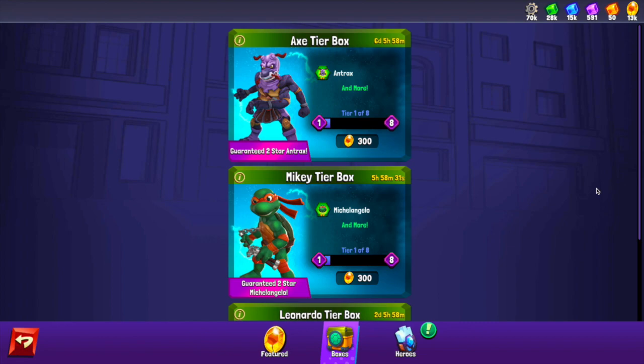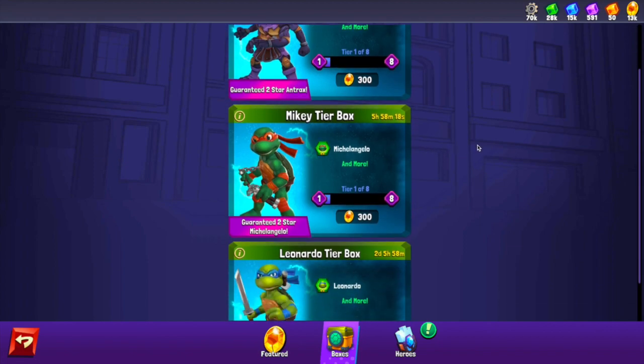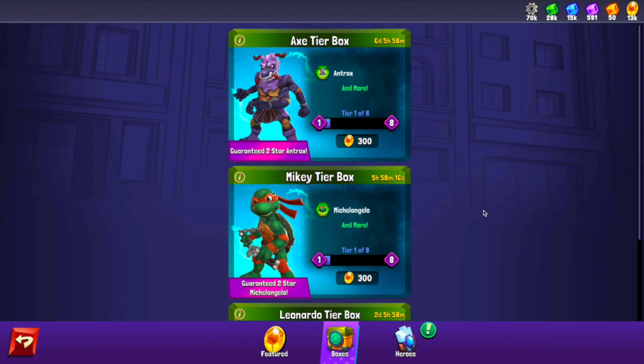First off, I want to gripe about these tier boxes. What happened to the 4-stage tier box? 1,000 gems, 8,000 gems. Those were the only ones that had any value worth purchasing, because if you want to